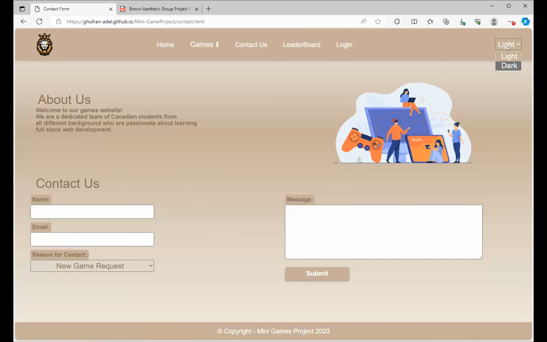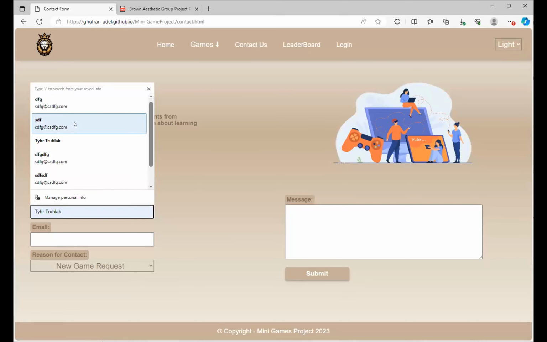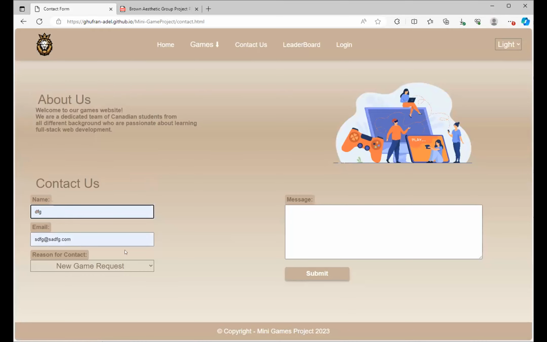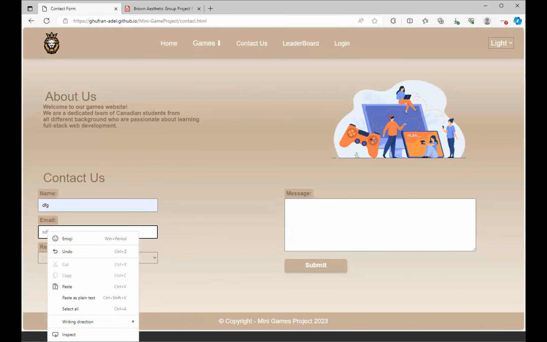It's got light and dark themes. These are just random kind of names. If you don't put a real address on there, it's supposed to, where's my mouse?